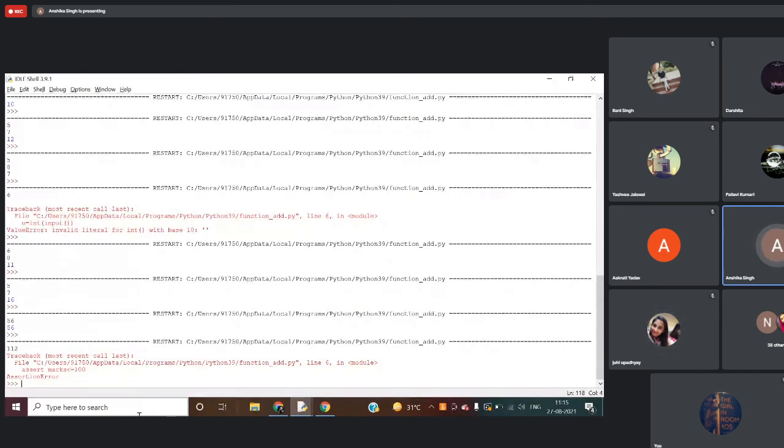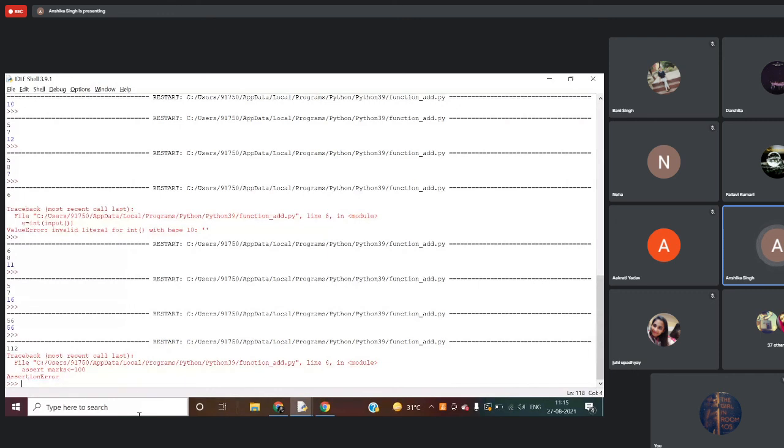And for the continue statement, what does the continue statement do? It bypasses the iteration. It will go to the next iteration, continue with the next statement.